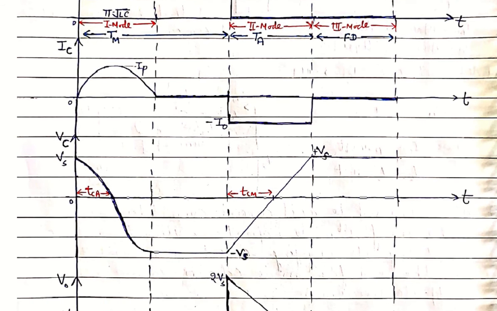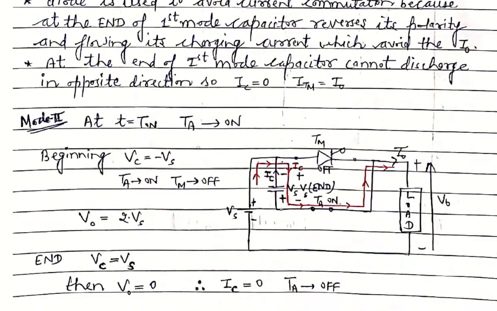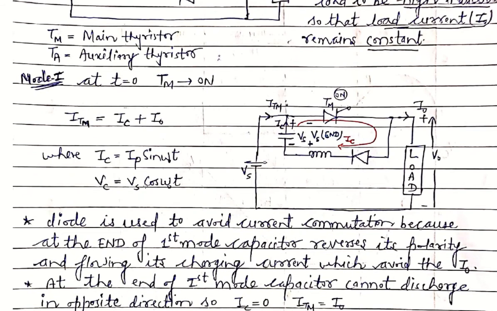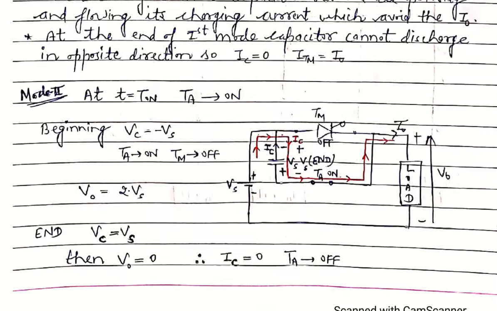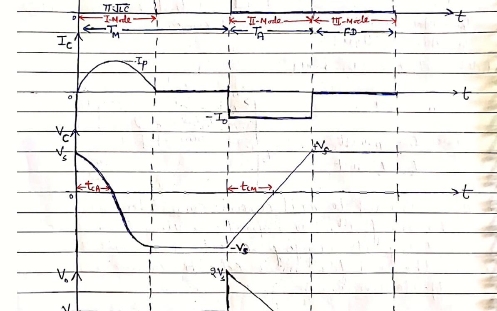Now we will see the capacitor voltage. If we see the capacitor voltage waveform at the first mode, then Vc equals Vs cos omega t. It has a peak magnitude of Vs, and it starts as a cosine function. So this is the waveform of the capacitor voltage. It starts from peak amplitude Vs, and it goes like this. At this point, which is pi, cos pi is equal to minus 1. So Vc equals minus Vs at this point.